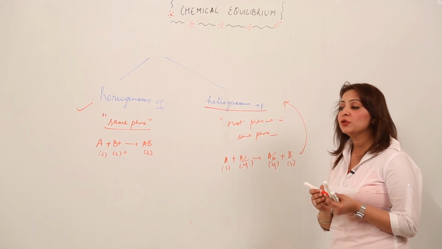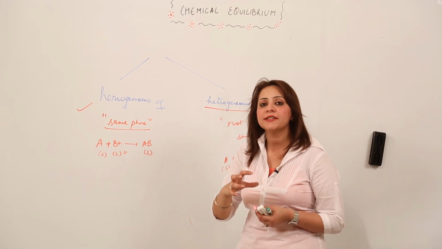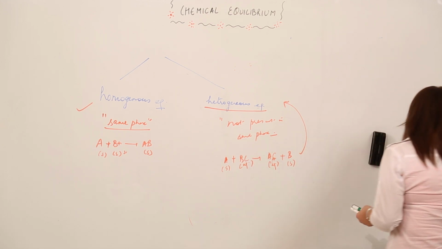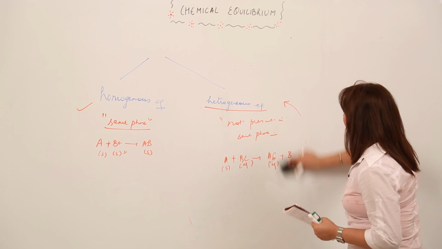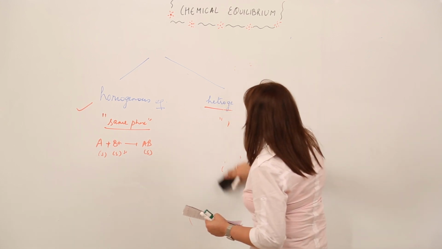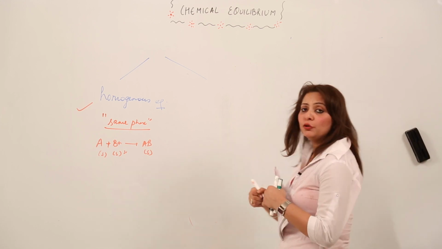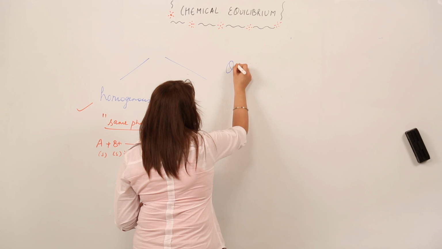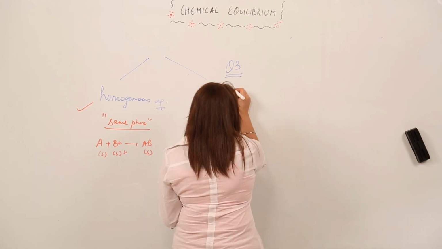So you are just going to see the phases, and by just looking at the phases you can know whether it is a homogeneous equilibrium or a heterogeneous equilibrium, right. So I am just making you practice a few questions based on it. So we have the first question. We just have to predict whether it is a homogeneous equilibrium or a heterogeneous equilibrium, right. So this is the third question. So we have a reaction